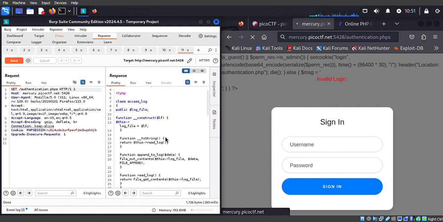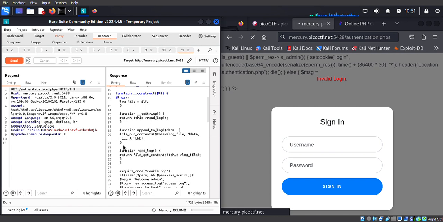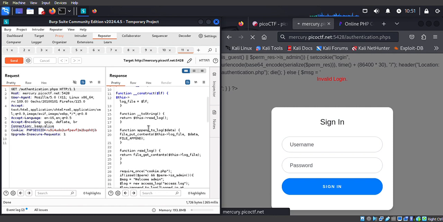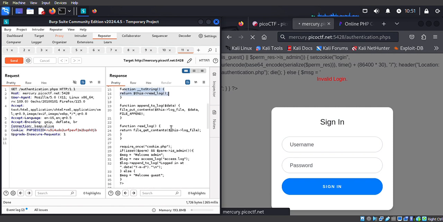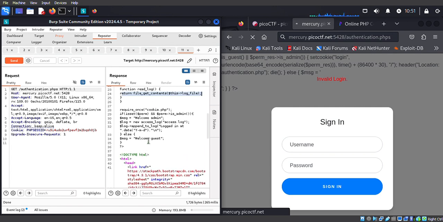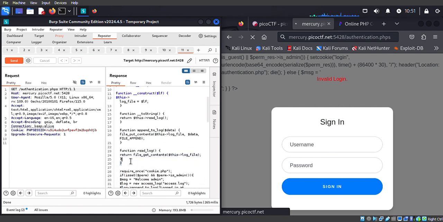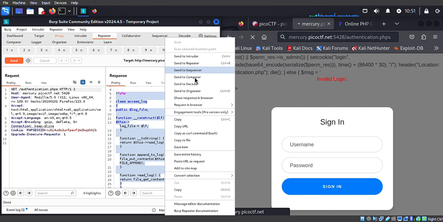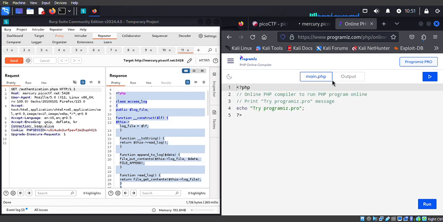For this I'm getting the response, and here again I'm getting PHP code, and this is something that is essential for me, a class access log. So here the function toString is being called, and they're returning a log file, and this is very important for me. So let's take this and see if I can find the value from here or not. So let's copy this and put this here